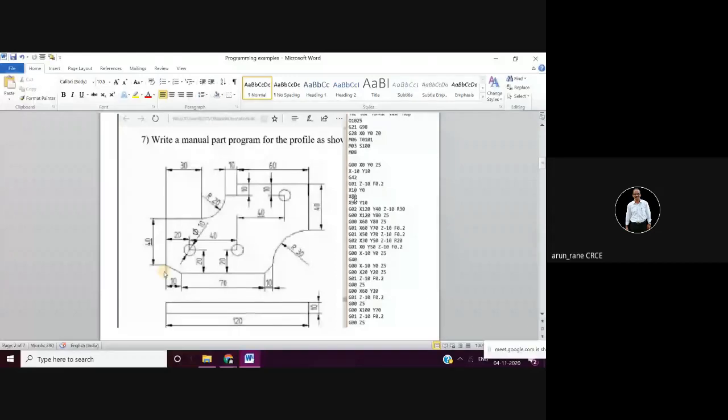So we are here now at x80, that is this point. Then now x90 and y10. You have to assume this distance also y10. So it is at 45 degrees. It is not given explicitly, so assume this chamfer to be 45 degrees. That means this distance is also y10. So what is this point? 10 plus 70, 80, plus 10, 90, and this distance is 10. So x90 and y10. At the end of this block, the cutter is over here.